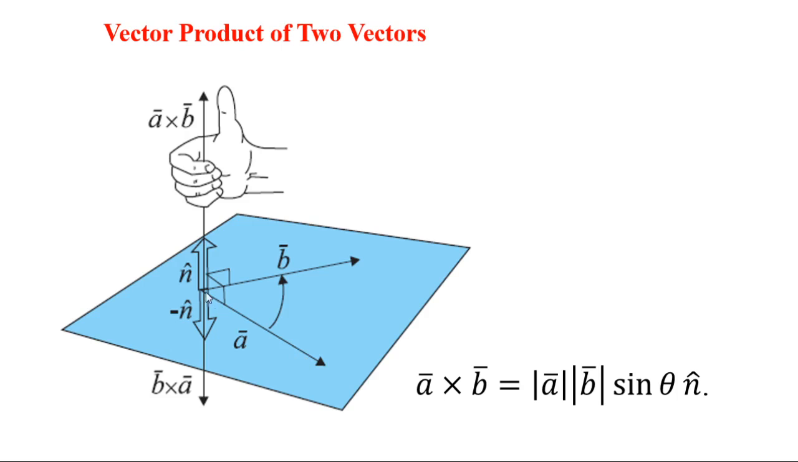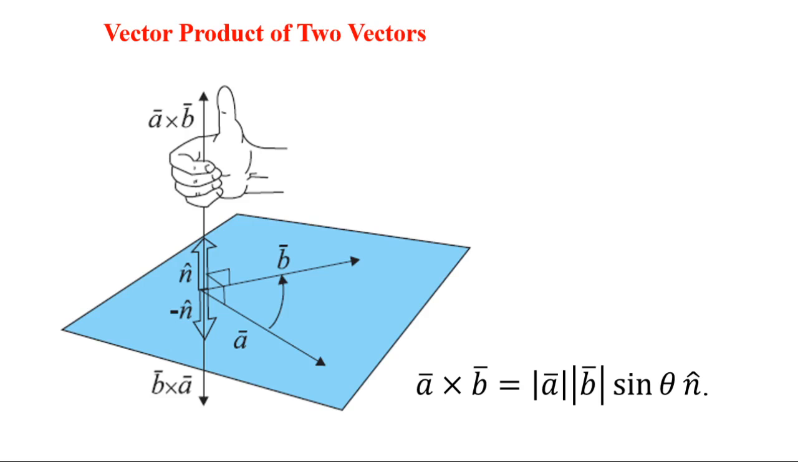If we rotate a vector from A bar to B bar, and if we try to rotate a right handed screw from A bar to B bar, then definitely that right handed screw will move in some direction. It will move in the direction of thumb, and that direction is called direction of vector product A bar cross B bar. So just now I have told you how to decide, how to fix,